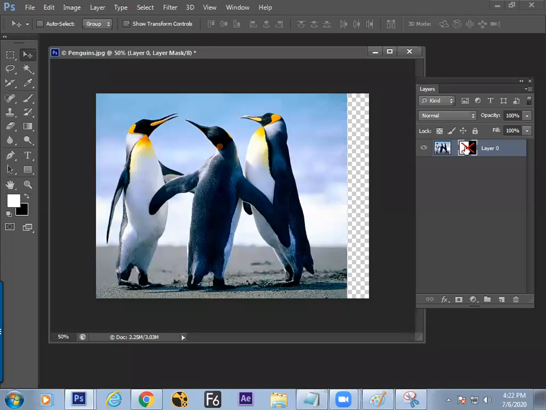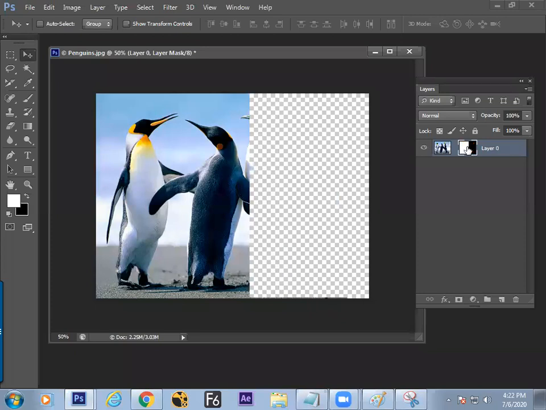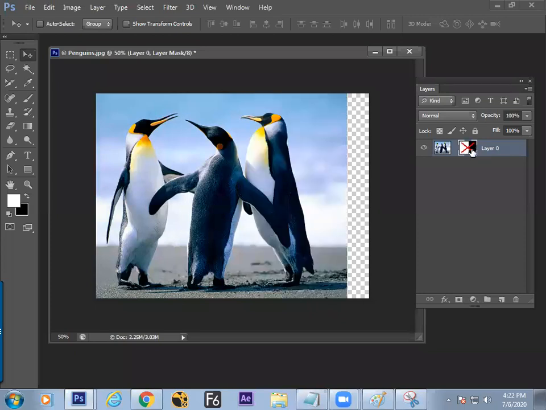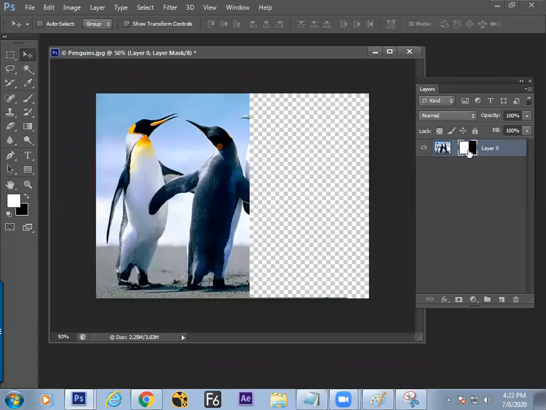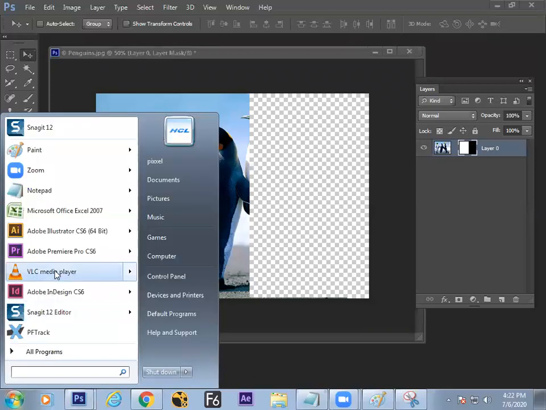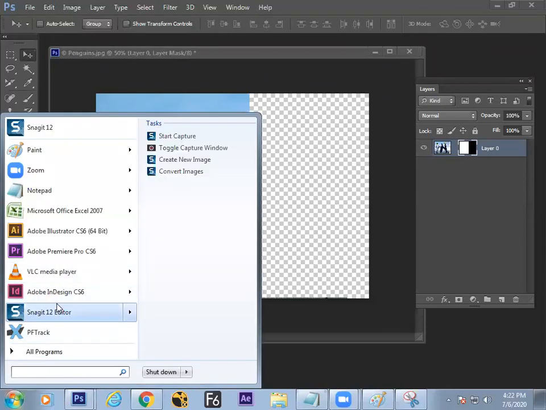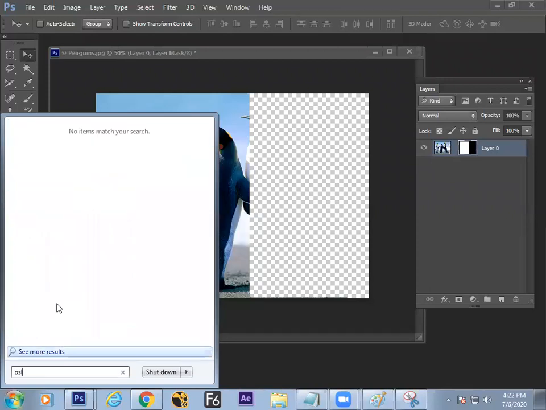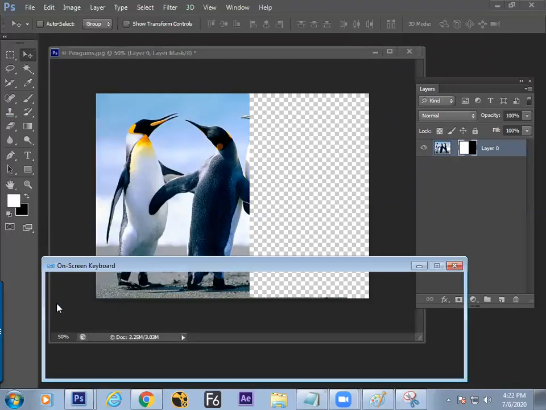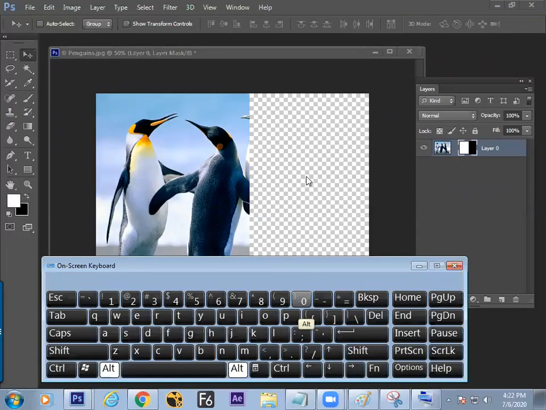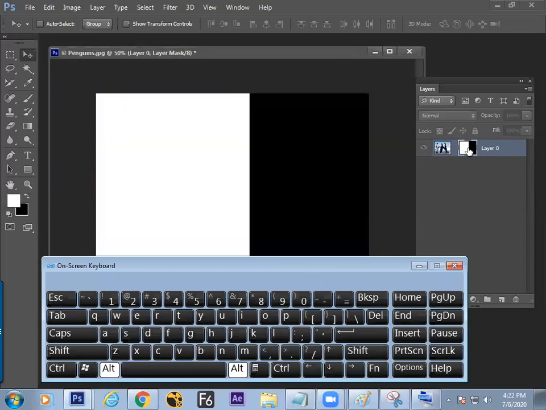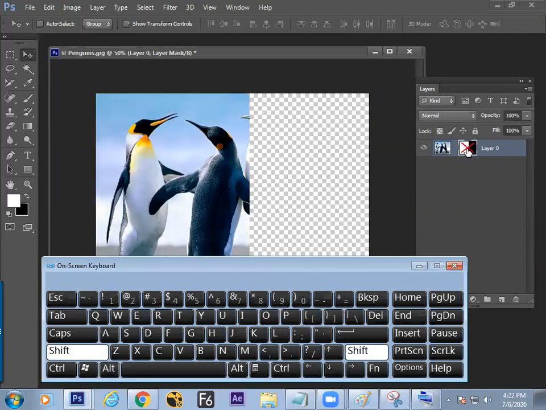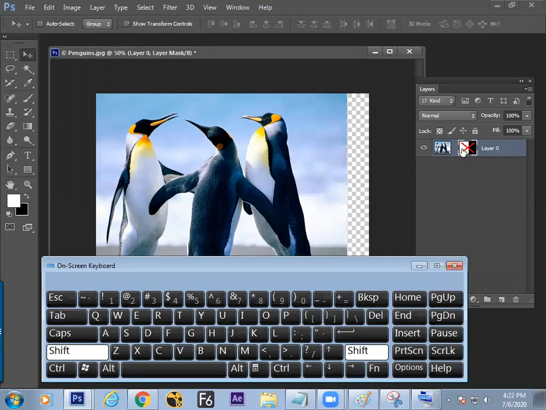So we have understood now how to see the image only and how to hide the mask. How to see the mask only, that also you got to know. Alt and Shift are vital keys which make things happen on screen. Alt and click, and Shift and click. It's done.